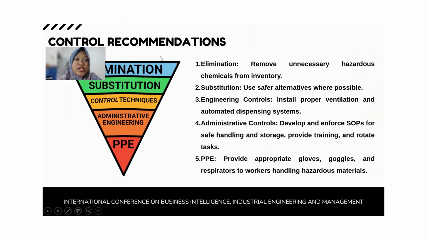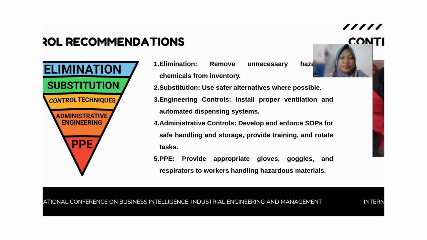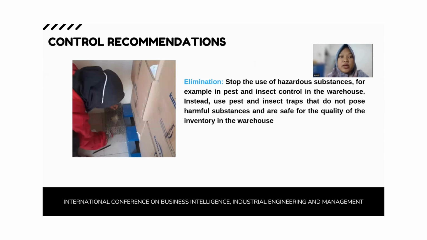The control recommendations: we have 5 control recommendations, in elimination, substitution, engineering control, administrative control, and PPE. Okay, the first one, control recommendation in elimination: stop the use of hazardous substances, for example in pest and insect control in the warehouse. Instead, use pest and insect traps that do not pose harmful substances and are safe for the quality of the